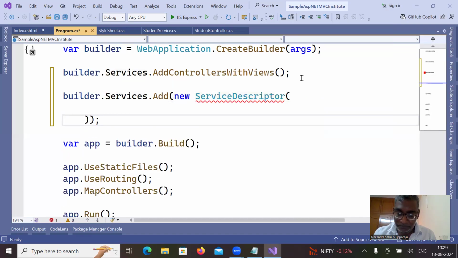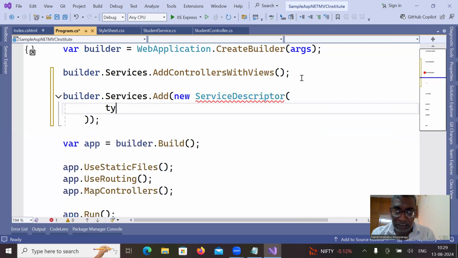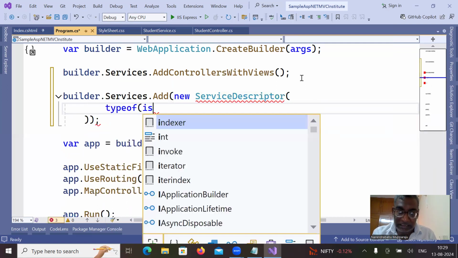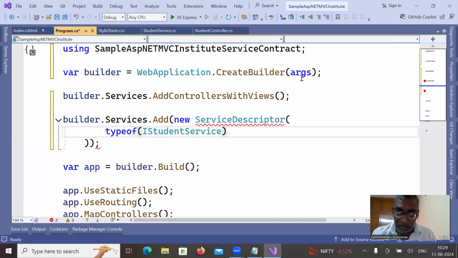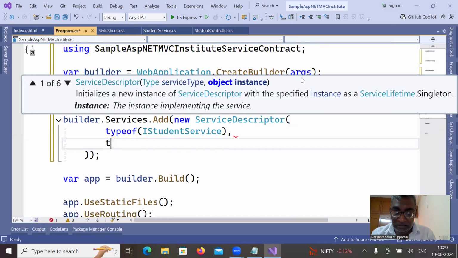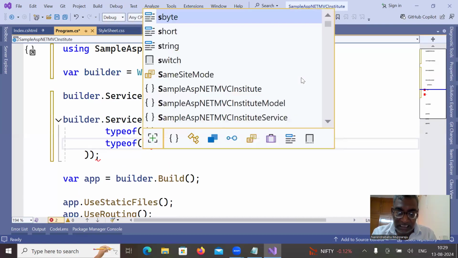Here you need to go type of IStudentService, comma, type of your student service,